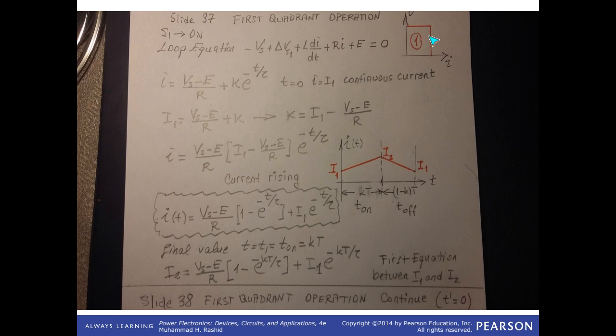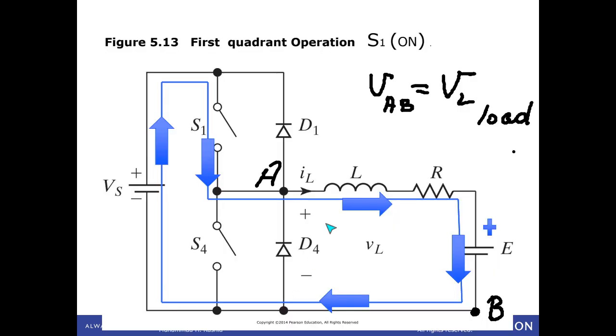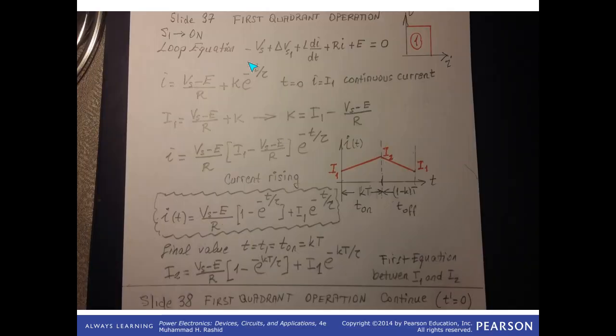Now I'm writing the loop equation. Let's go through the loop equation together. Look, I'm walking around the loop: minus Vs plus delta V S1 plus L di/dt plus Ri plus E. That's all. Let's see that equation now: minus Vs plus delta Vs1 plus L di/dt plus Ri plus E is equal to 0. So, neglecting the voltage drop of the switches,